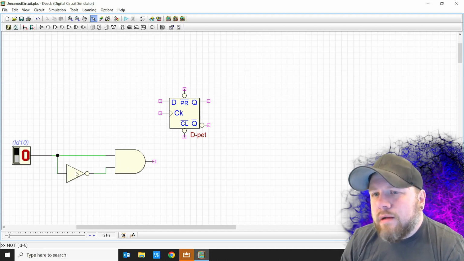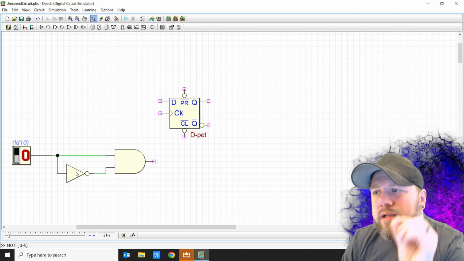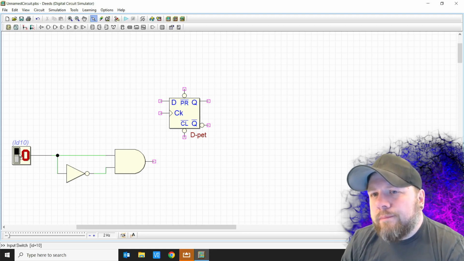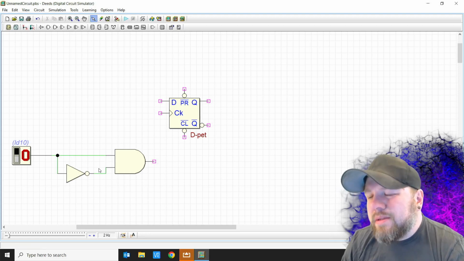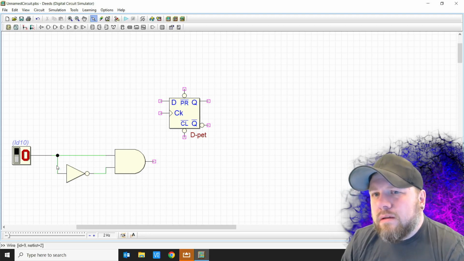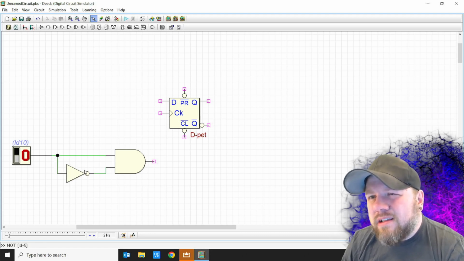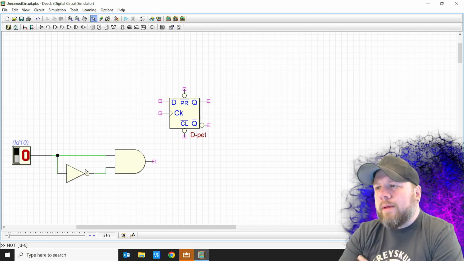It's going to go through this, not this inverter without a problem, but it's going to take just a little bit more time to get through it. So as soon as I go from 0 to 1, I'll get a 1 right here. And then this will be a 1 going through this inverter, and just by slowing it down just a little bit through what we call propagation delay,